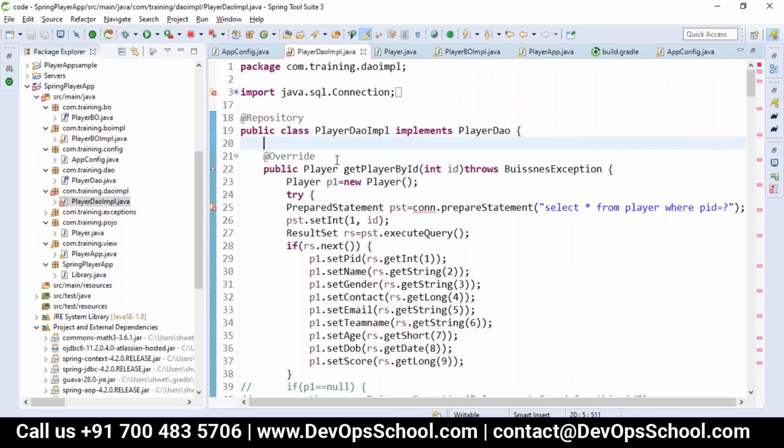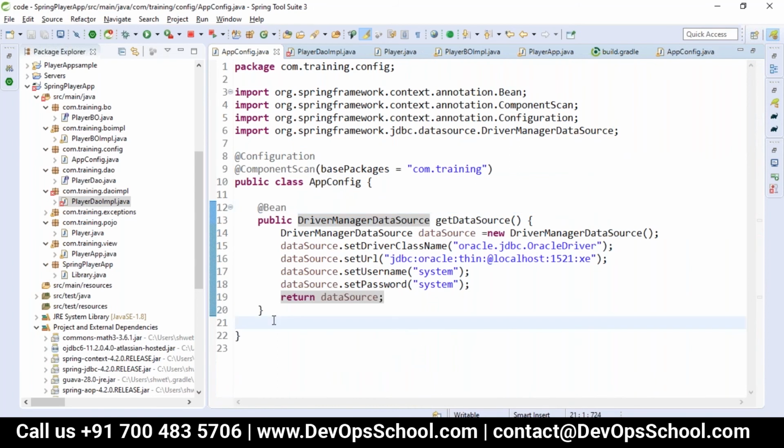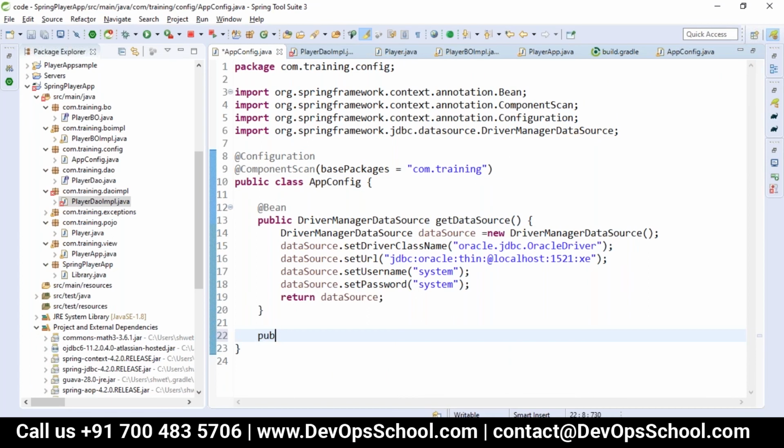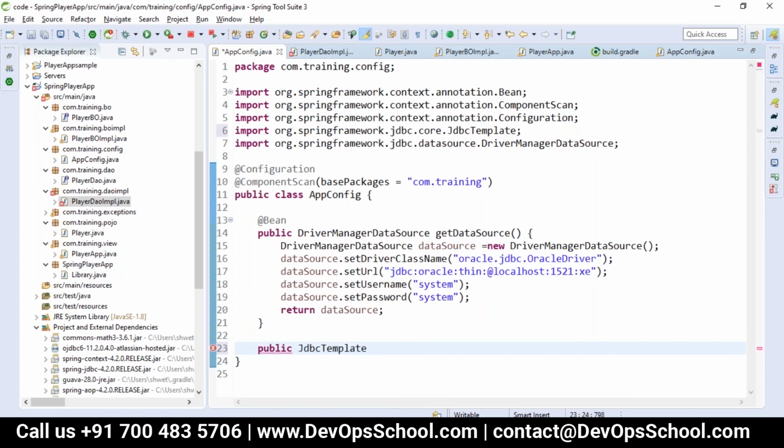So for this data source we have one more bean called JDBC template to reduce your development effort. So let me take here JDBC template.